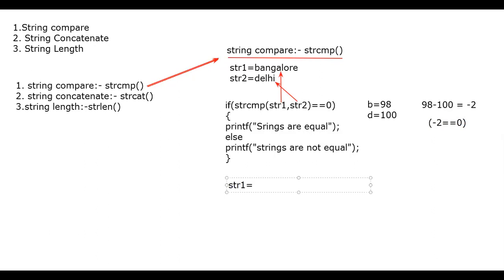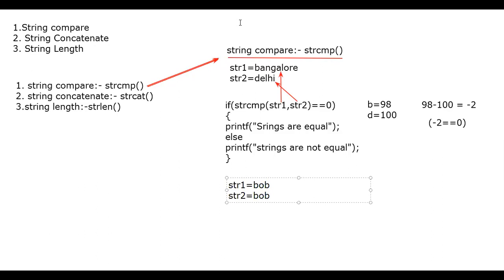String 1 equals to Bob, the name. String 2 equals to Bob. Okay, when you consider this string 1 and